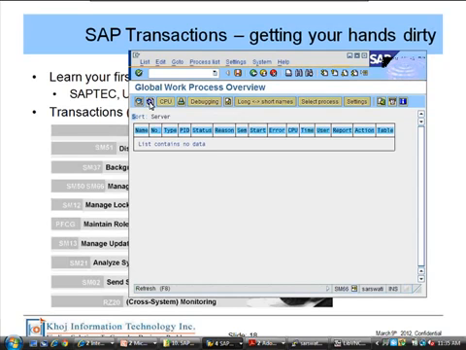So right now I don't see anything actively running, even though all of us are connected.